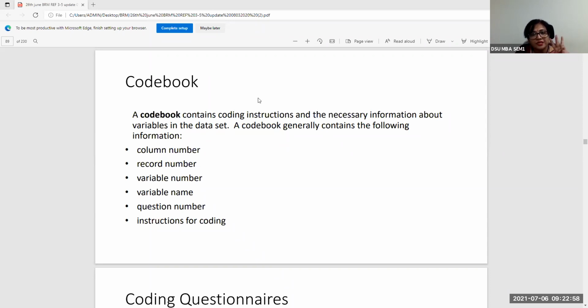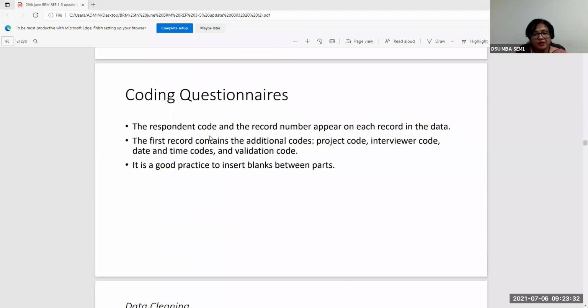So therefore, what happens is 3 sets of questionnaires for 3 different kinds of people. These 3 sets of questionnaires had 3 different sets of questions altogether. So if you have to do coding for each type of questionnaire, the coding instruction will be different. So in such a case, you will need to have the coding sheet done separately for 3 sets of questionnaires. All right. So what do you mention there? These are all the things: the column number, record number, what is a variable number, all of that. Nowadays, it is all done by soft copies and electronic methods. So manually, it is not done anymore.